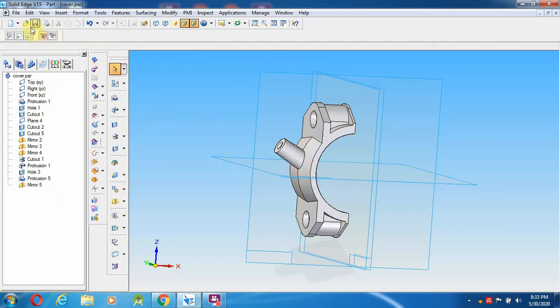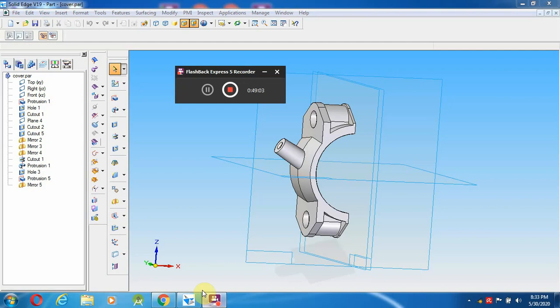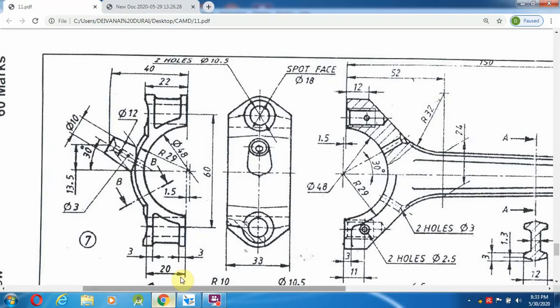So this component has to be created and you can stop. So you can save. So any other thing is left out, we're going to check over here. So almost the entire thing is completed, the hole and everything.